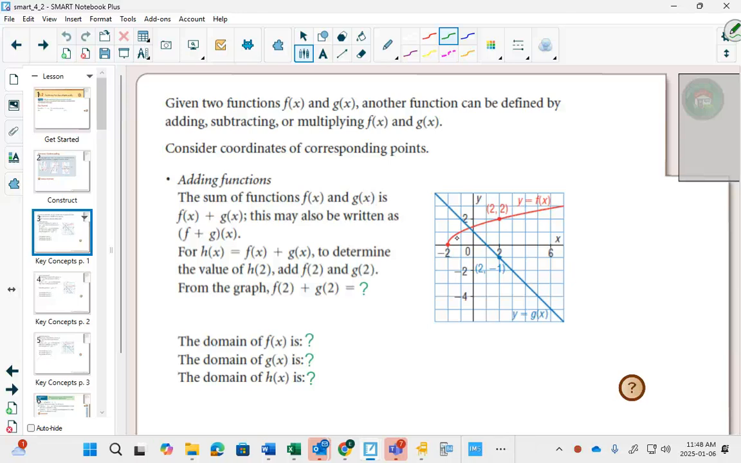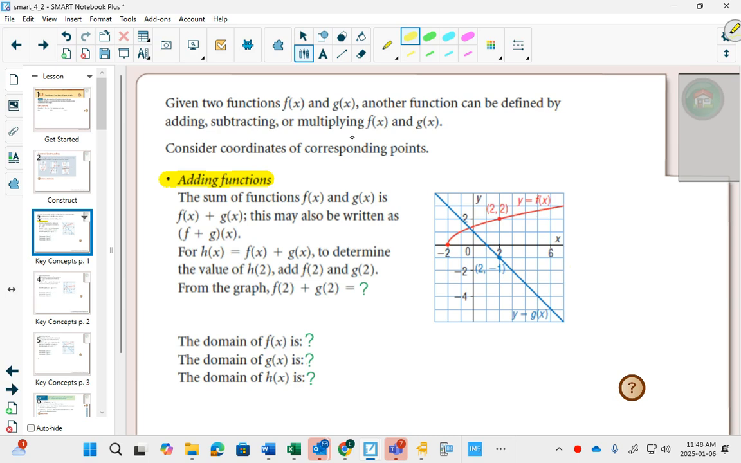And we'll start here, and we'll just sort of formalize what we saw in 4.1. And we're going to start with adding functions. So we already talked about the fact that we just add the y values. Now,